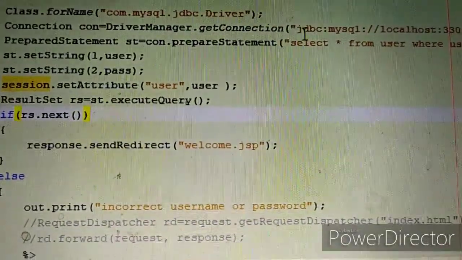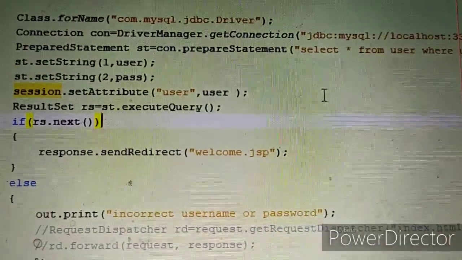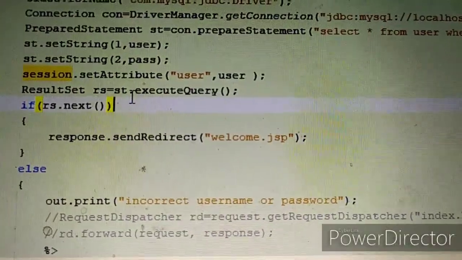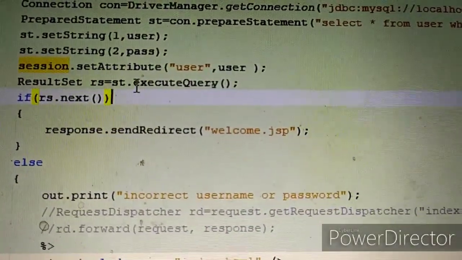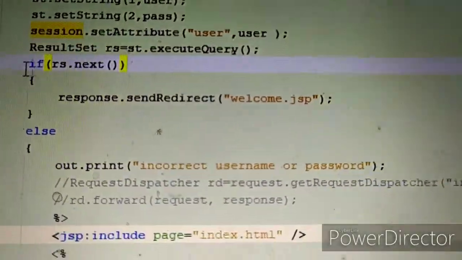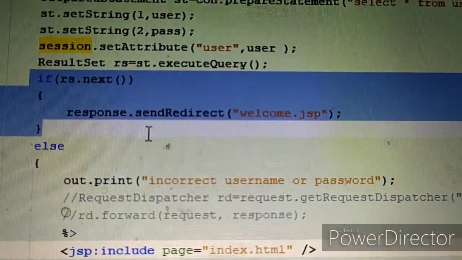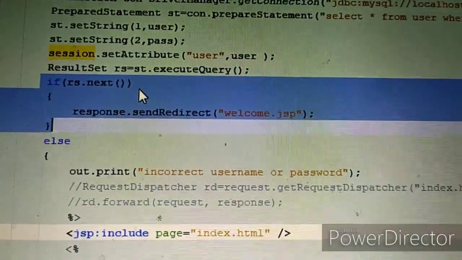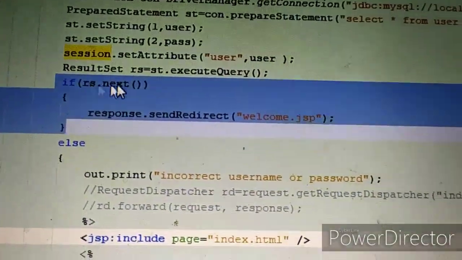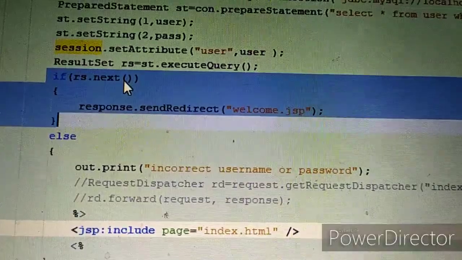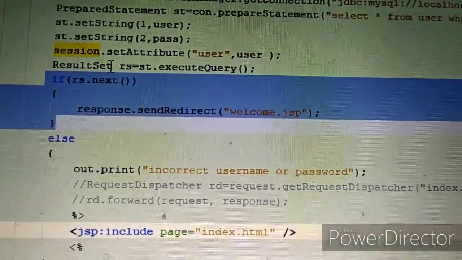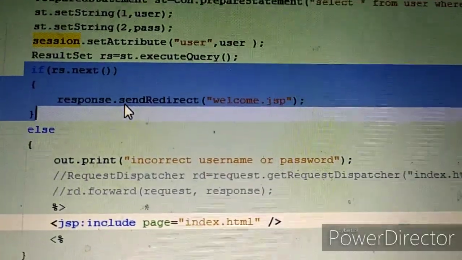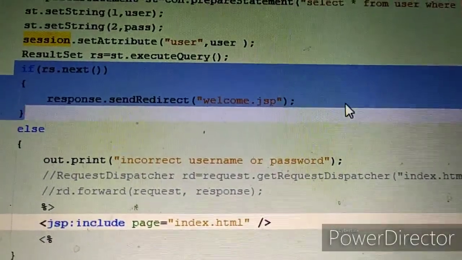Now this select query has been executed here, st.executeQuery, and if there is any record corresponding to our query, this will return true. There will be some record in rs, and if rs, it will redirect to the welcome.jsp page.